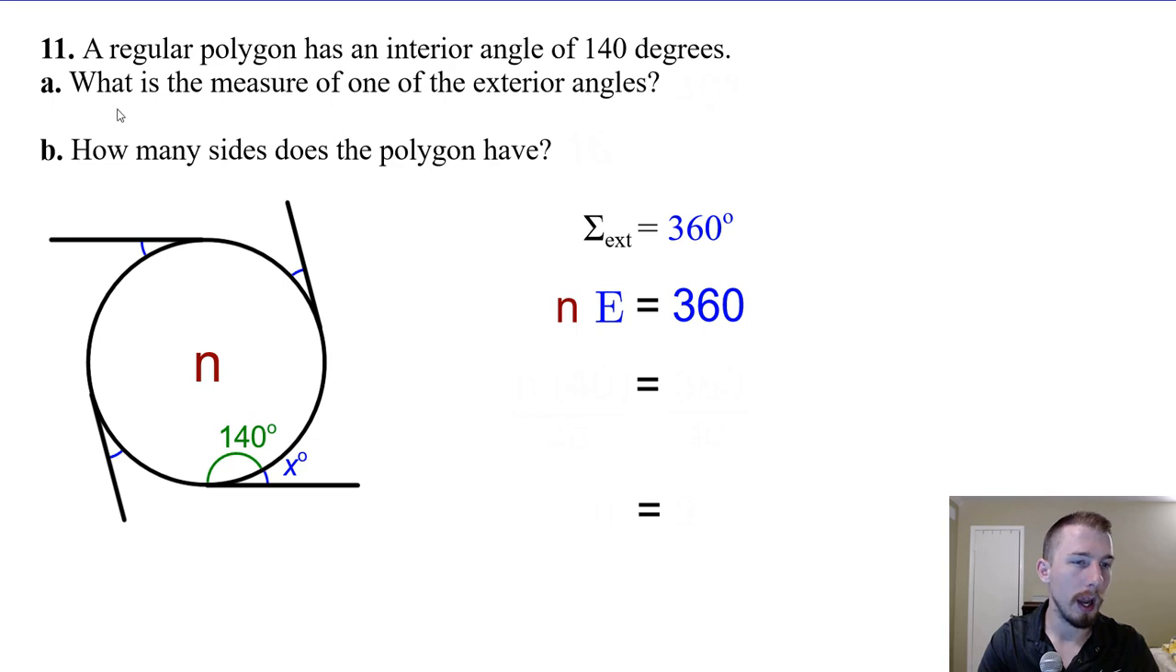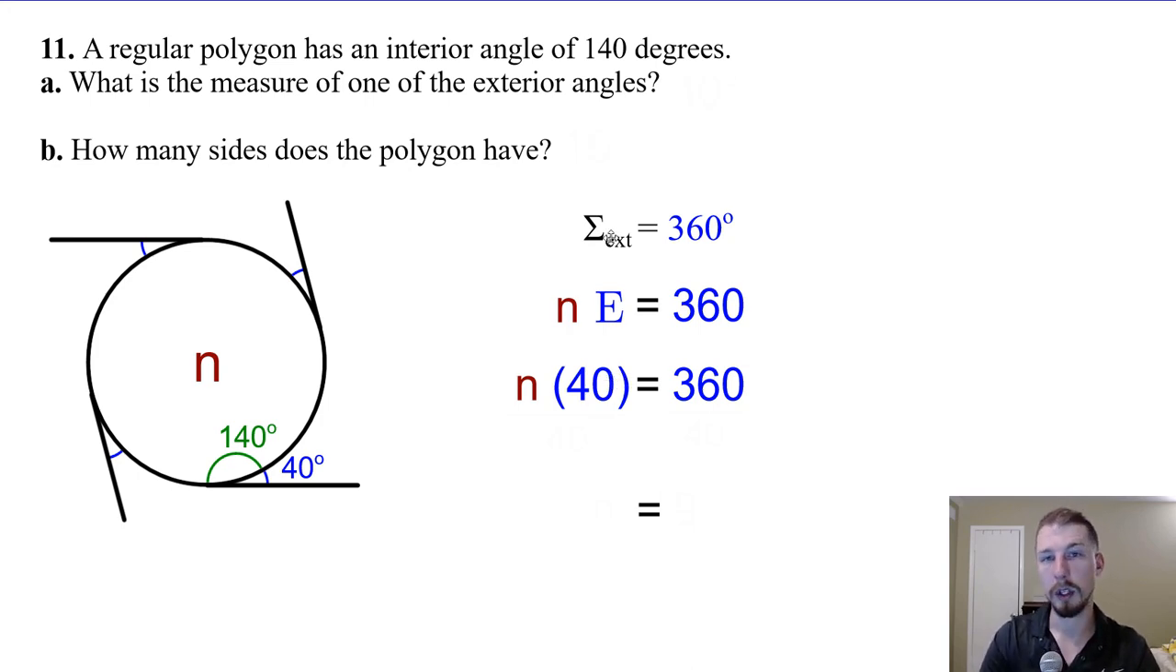But if we look at part A, that kind of leads us in the right direction. So what would one of the exterior angles be? We know the sum of the exterior angles has to be 360 regardless of the number of sides that we have. So n times the exterior angle, which they said was 40 degrees, has to be equal to 360. So how many 40-degree angles does it take to get up to 360 degrees? So divide by 40. When we do that, we get n is equal to 9, which means this has to